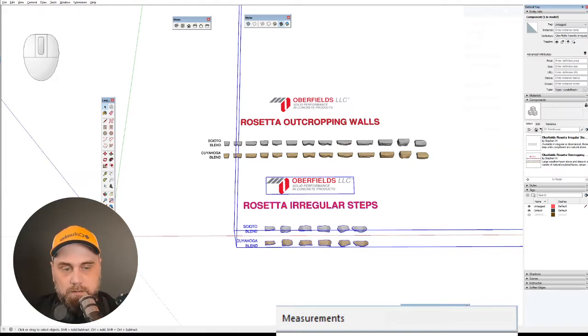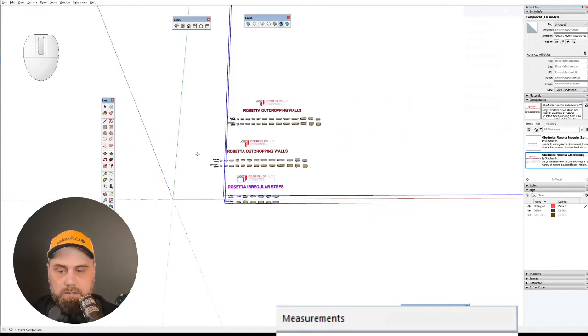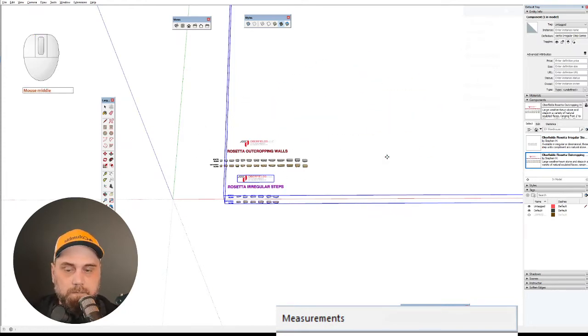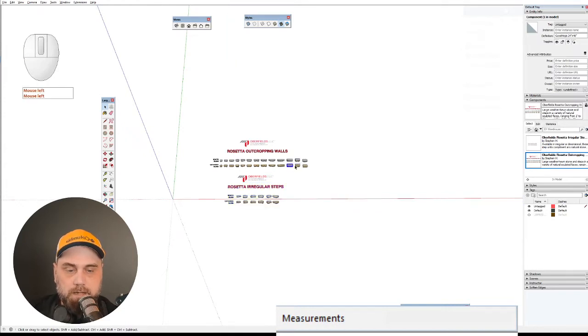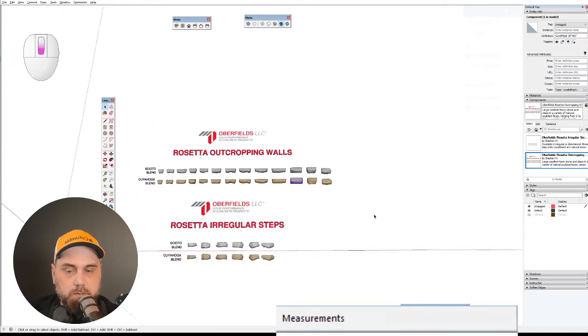So right now we have this, you can see the name here, the step series, it's right here. So if we would click on this, it would actually give us a second version of this. And if we would click here, it would give us a second version of this one. All right. So even though we exploded this, and these are now individual components, it's still showing the original one